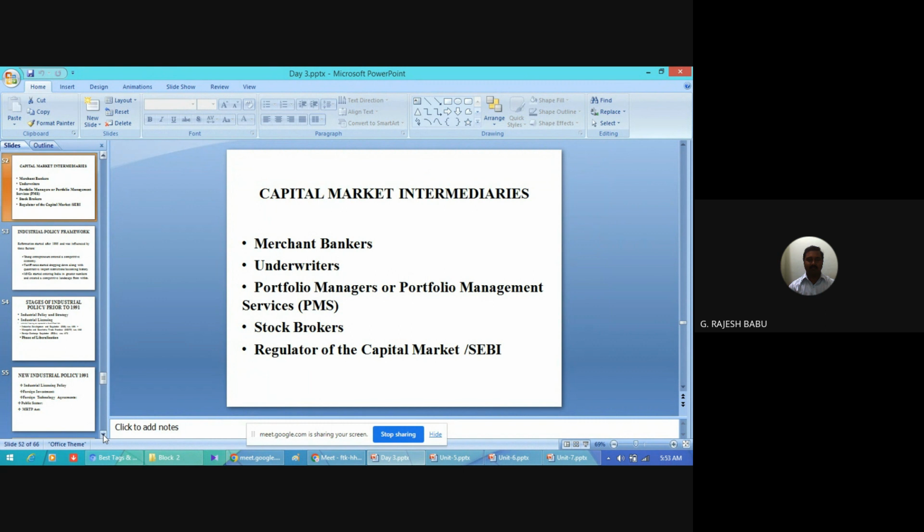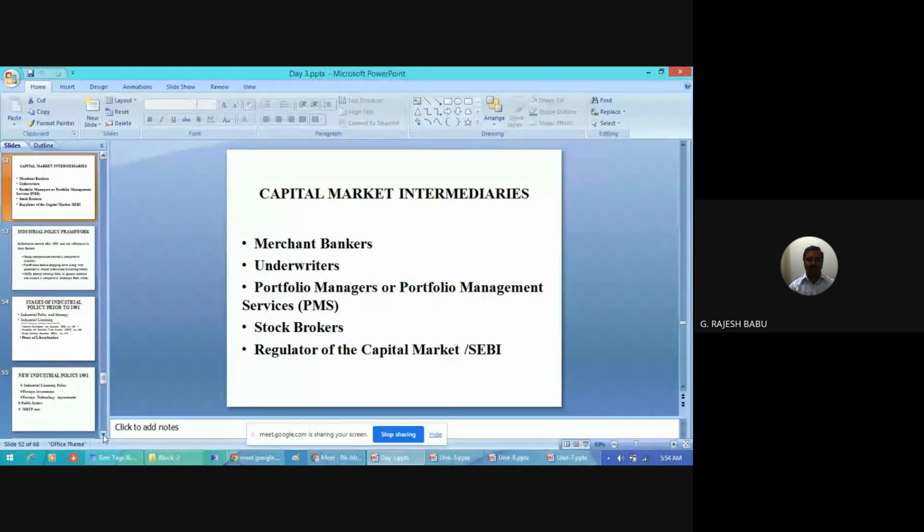Next one, regulator of the capital market. In India, the capital market is regulated by the Securities and Exchange Board of India. SEBI was established in 1988 as a non-statutory body, but with the passing of the SEBI Act 1992, it was accorded statutory power. The major objectives of SEBI are to protect the interest of investors, and the development and regulation of stock exchanges